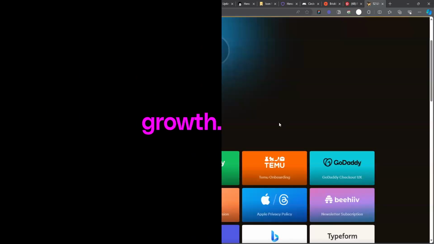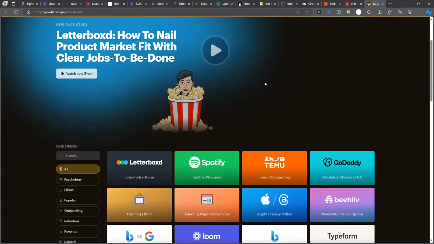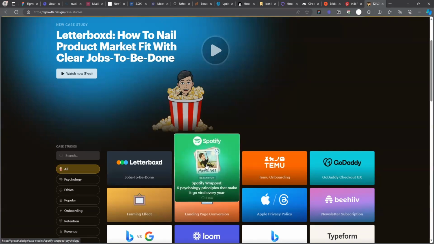If I check out this other one now, this one basically might not be for you to necessarily get design inspiration. It is a platform that is fun. This platform is so fun. Growth.design. It captures case studies of top brands, right? And it's structured in a way that makes it fun for you to read those case studies. It points out the problem, tells you the solution, and how that solution can be improved on, right? Let's say, for example, this Spotify